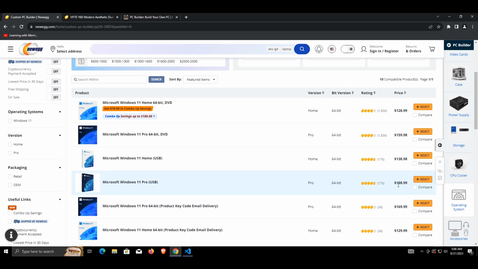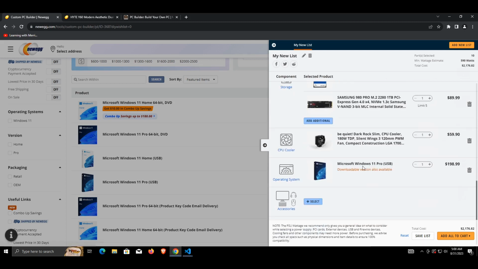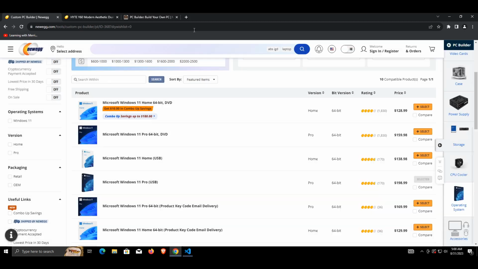Of course, that's nearly $200 to get a product key for that. So it's very expensive. So maybe you don't want to run Windows. You don't want to have that operating system on here. And they're not going to let you run Mac on anything that isn't created by Apple. So what is our other option? Well, if we come up here,